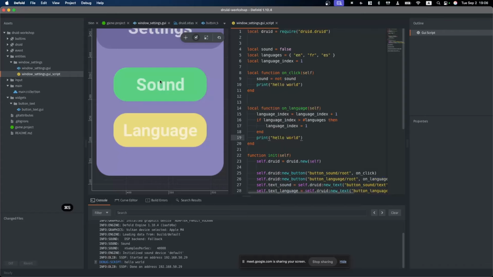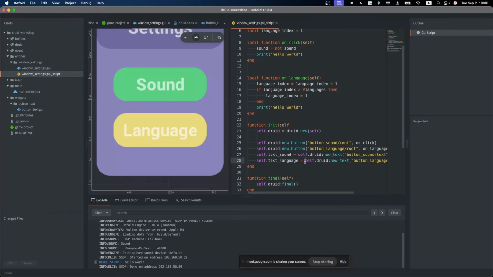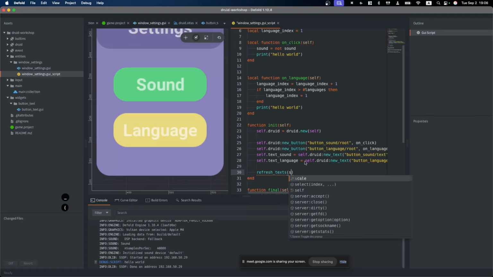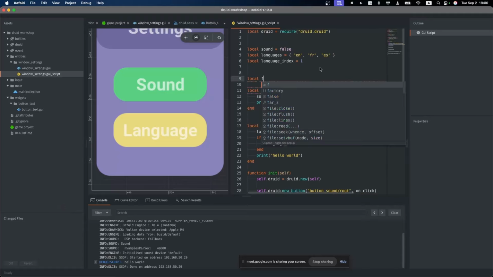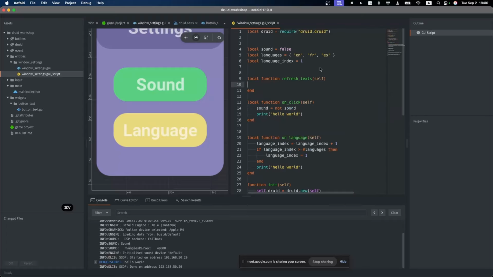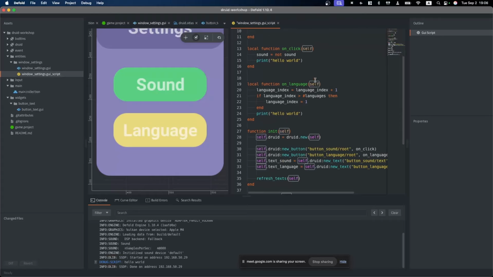And we need to update our texts. For simple cases, I recommend having just one function, for example refresh text, called on self here, and in this function just use these values to update our texts. So we have self here. We stored our texts here.